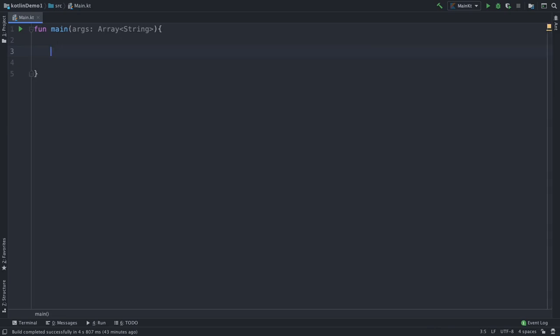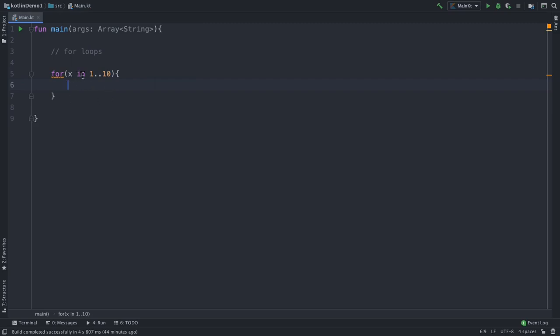Okay, get rid of this. Now in this video we're going to see how we can use for loops in Kotlin. So, for loops. To traverse, we need a for loop first, obviously. So we type for, and then we need some kind of variable. In Java we used i, so here we also have to use that. Here we use x in 1..10. That's it. This is how we can use a for loop.